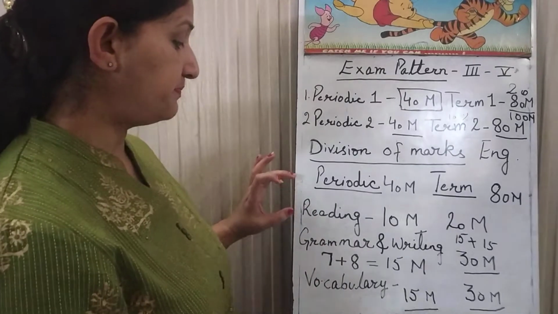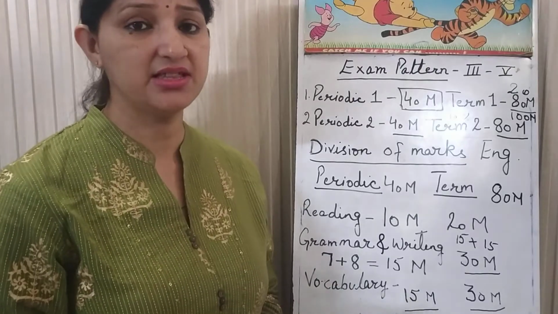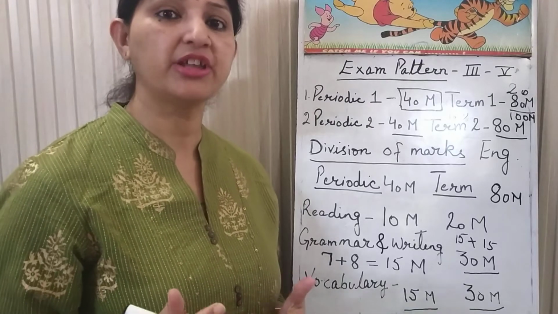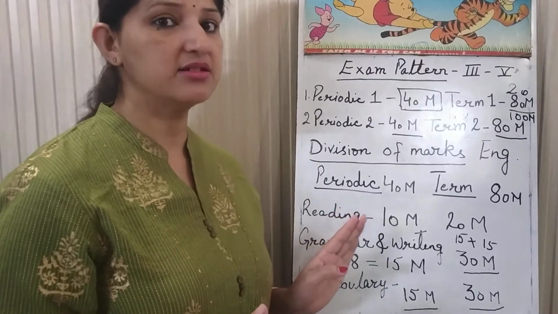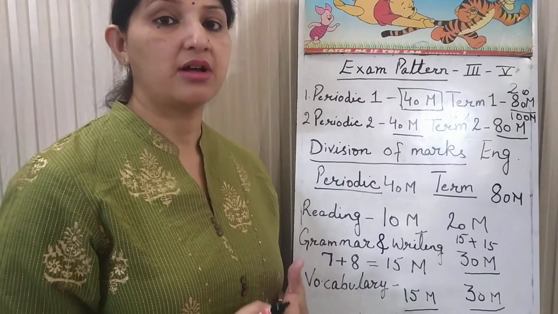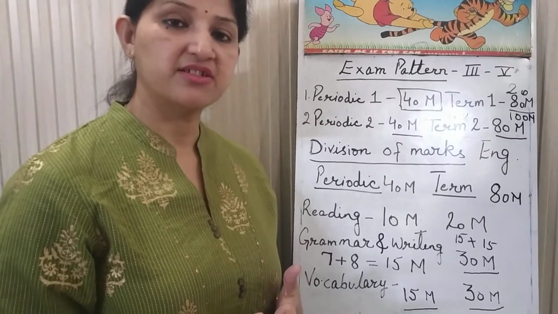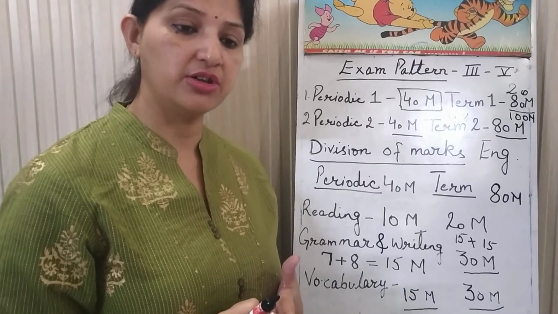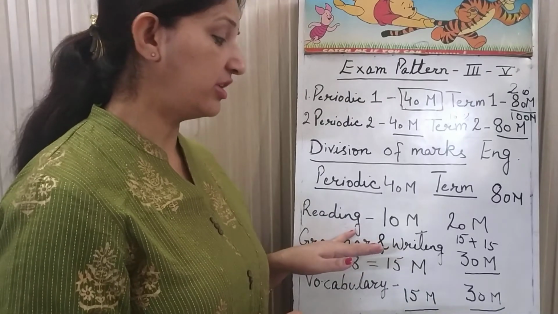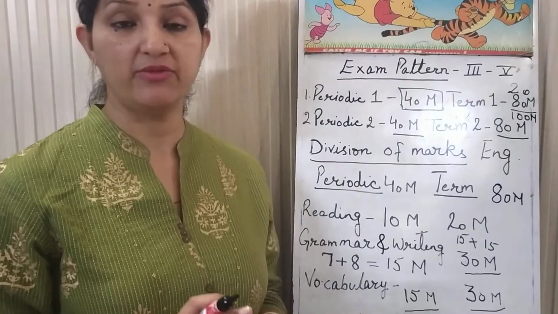Okay. Now, in the reading portion, we have the comprehension. But as per my experience, I have seen that in classes like 3 and 4, there are many children who are not able to comprehend it properly and answer the given questions, whereas the comprehension is the easiest part. If you understand the language, if you are good at reading, it is very easy for you to score in it. So my dear friends, it is very important that you help your child in reading at home, and also pay more attention to the reading part, so that he or she can attempt the comprehension very well.